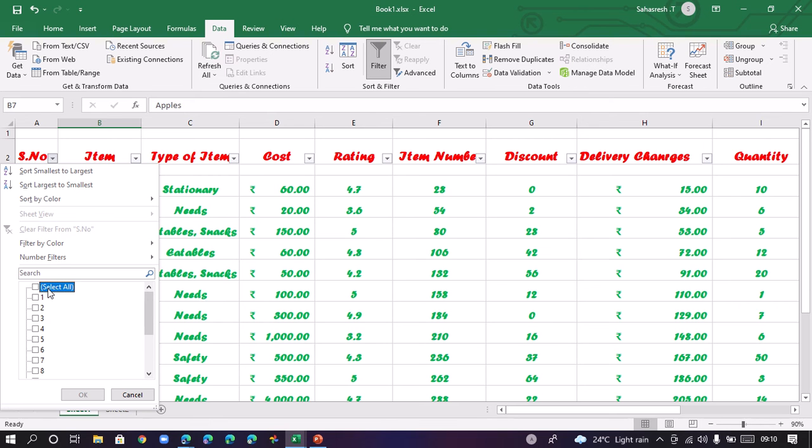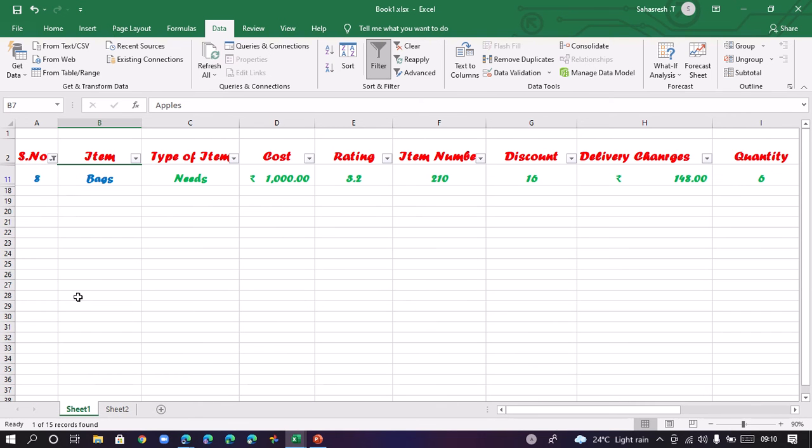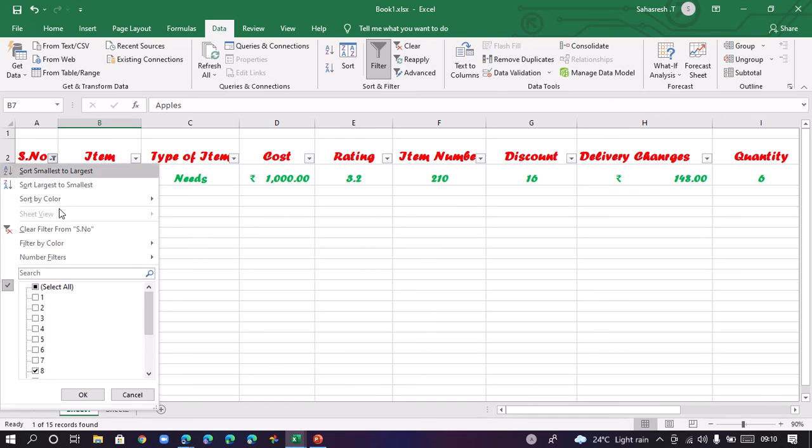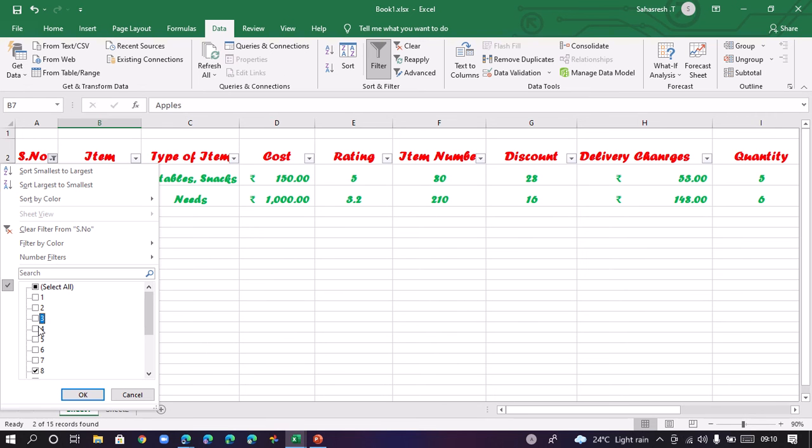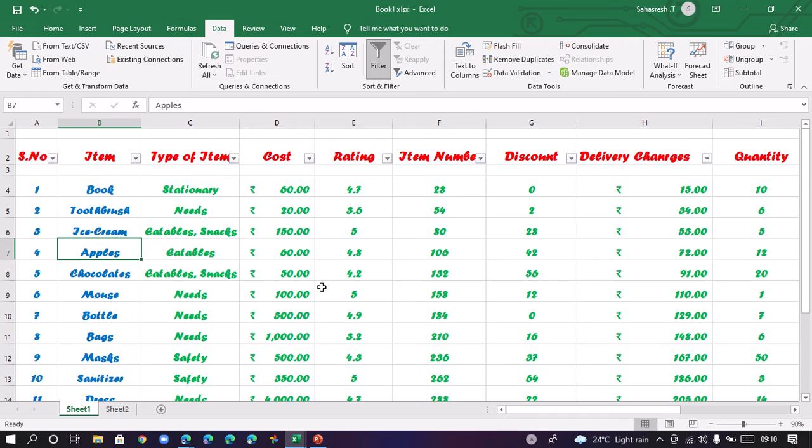Now if I take out Select All and click on number 8 and click OK, we can see only the records of number 8. If I click on 3, we can see 3 and 8 both, because I did not unselect 8. Now if I unselect everything and click Select All and click OK, we can see the records of all the items.